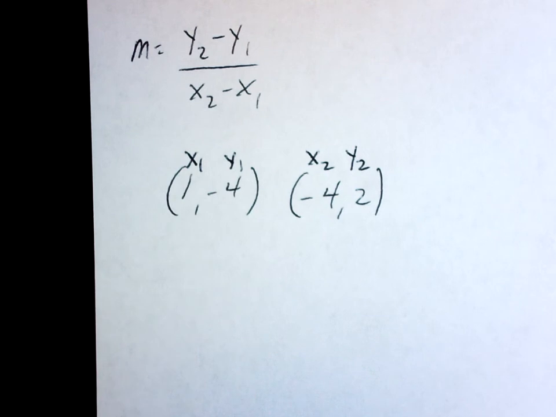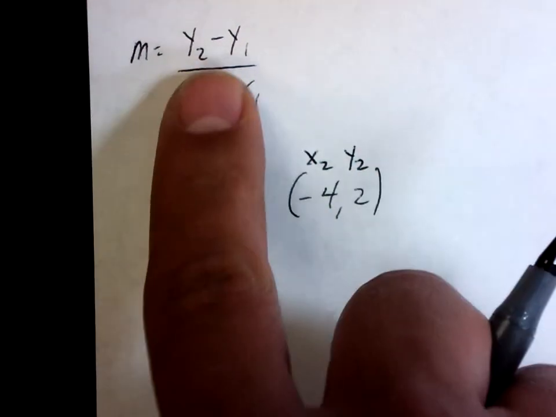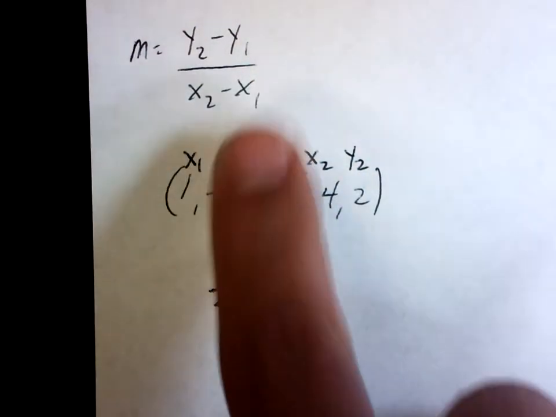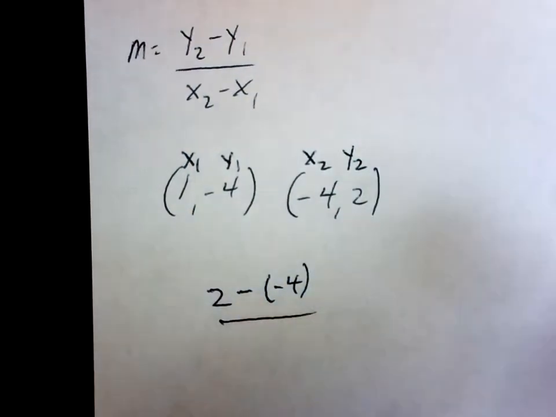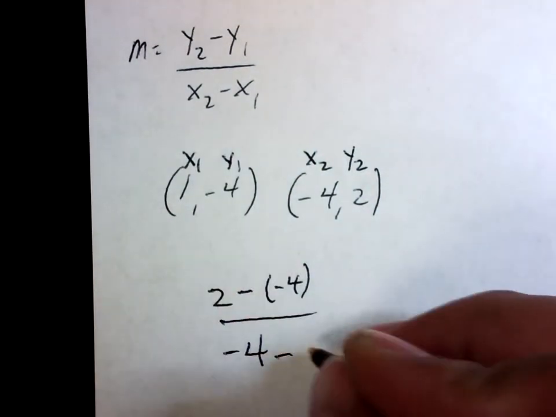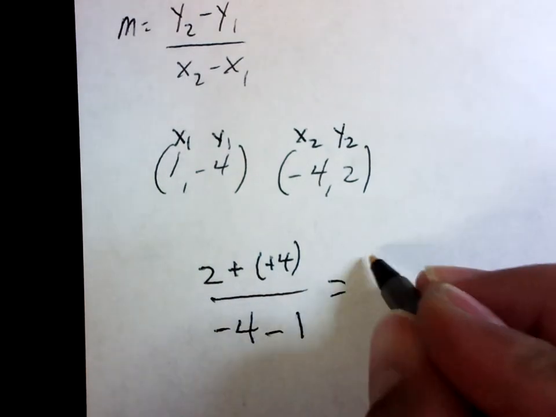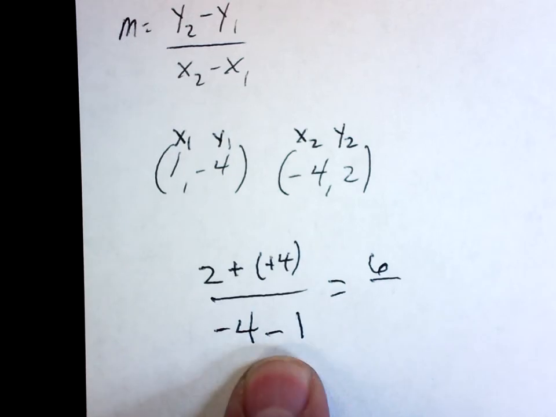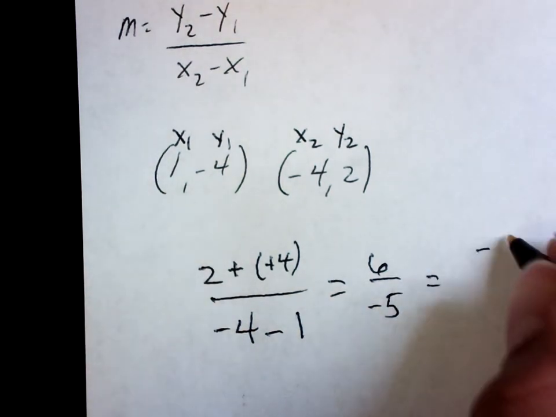So then I just plug into the formula. It says on top I have to go y2, so there's my 2. Minus, so I put a minus sign. What comes next? y1. y1 is negative 4. Divided by x2, which I'm saying is negative 4. Minus x1, which is just 1, equals. Remember, minus just means plus, so 2 plus 4 is 6. Negative 4 minus 1 is negative 5. So my slope would just be negative 6